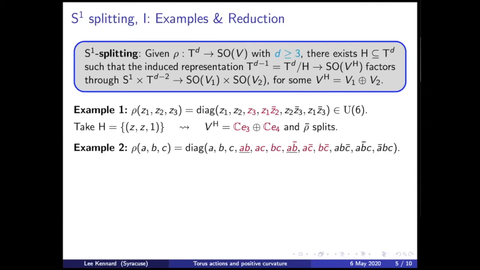Here's a more complicated example. I switch notation so it fits on the slide. Here, the interesting thing I think is that you cannot choose a connected subgroup H. You cannot choose a circle here. This is an example where you have to choose a disconnected subgroup. There's just too many representations. And with this example I want to illustrate a different point.